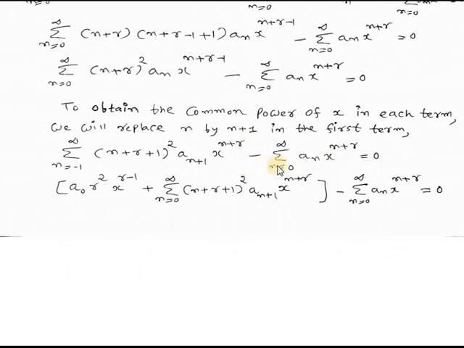Here the starting point of sigma is different, so we have to set these two starting points the same. For that we will put n equal to minus 1 in this expression, so we will get here minus 1 plus 1, so it will be 0, so r square, and here it will be a0 x raised to r minus 1. So this is the first term, plus now the series will start from n equal to 0, so here sigma will start from n equal to 0 to infinity, and writing this expression as it is. So we can say that this whole term can be written as this. And here the second term is as it is.